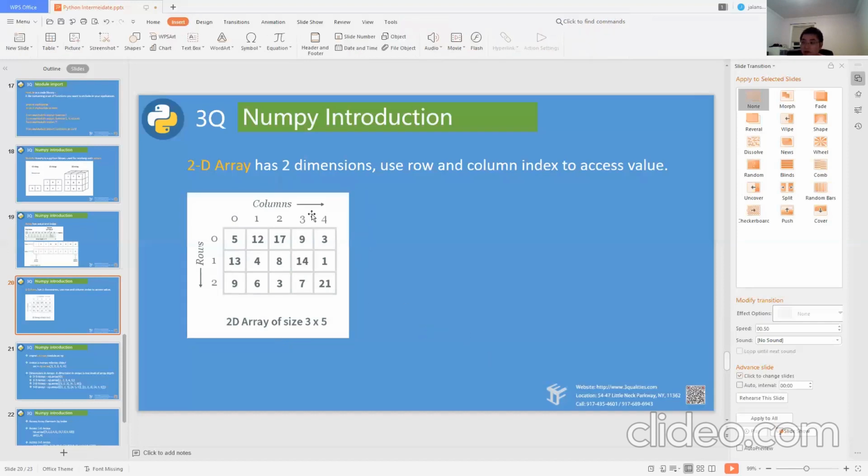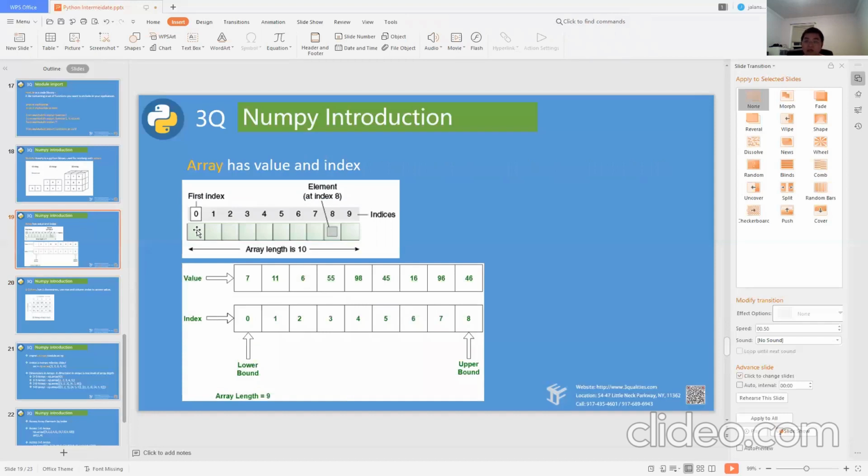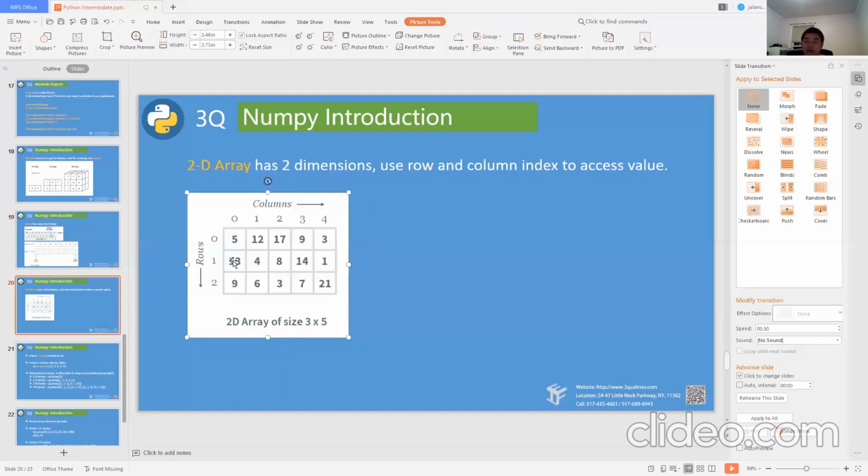Here we are using index also, but the difference between the index used for a 2D array and a 1D array is that a 2D array needs 2 indexes, which are row and column. So if I wanted to access the value 8, what will be the row index and what will be the column index?